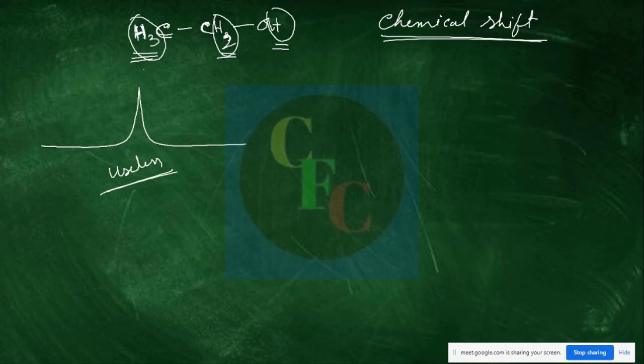Suppose these hydrogens are bonded to a carbon, which is again bonded to a carbon, but these hydrogens are bonded to a carbon, which is bonded to a carbon and an oxygen. That means these bond pairs are pulled toward this one. As such, these hydrogens are more tightly held than this one, isn't it? So that's why they will give rise to different chemical environments.